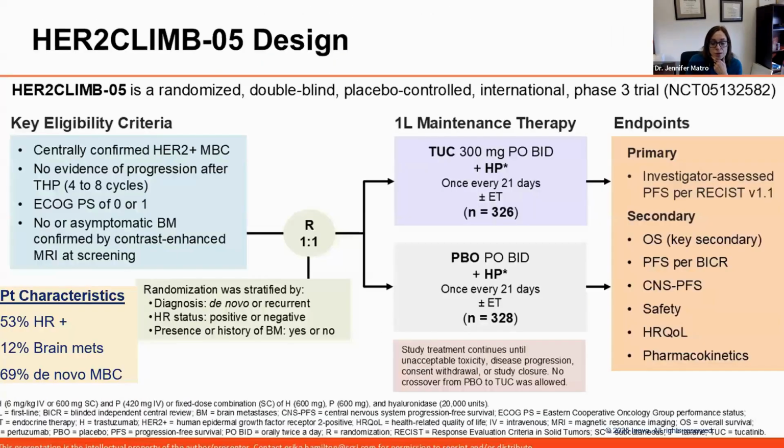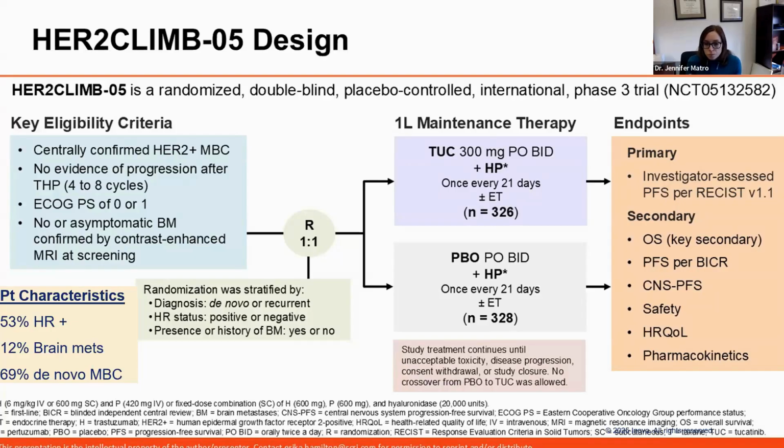So HER2CLIMB was the main study that I wanted to talk about. Typically for HER2 positive breast cancer, the standard of care was to give a chemotherapy medicine like Taxol or Taxotere with Herceptin and Perjeta, which are the 2 HER2 targeted medicines. That chemo and the Herceptin and Perjeta were given for a couple months until maximum response, and then giving chemo for a long time is tiring, and there's accumulating side effects like neuropathy. And so the practice was to stop the chemo and just keep people on the Herceptin and Perjeta, and then maybe add in some hormone therapy or hormone blockers if they were also ER